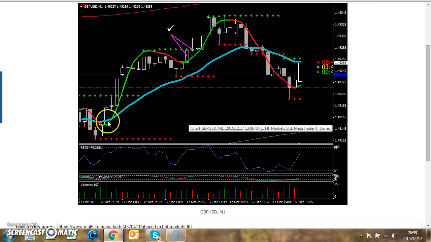Now this bar, does it count? No, because it touched this moving average. Does this bar count? Yes, because it doesn't touch the moving average and it's higher than that bar. This bar, does it qualify? Yes, because it doesn't touch the moving average and it's higher than this bar. Now this bar, does it count? No, because it's an inside bar. It means it's not higher than that bar, so it's an inside bar. Now, does this bar count? So far, we only have 2. Now, does this bar count? Yes, because it doesn't touch the moving average and it's higher than that bar.